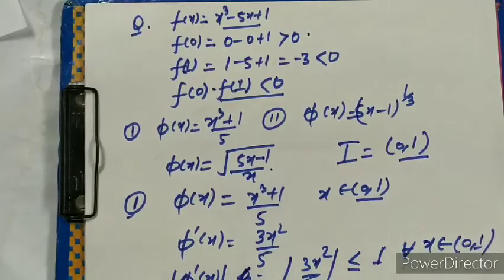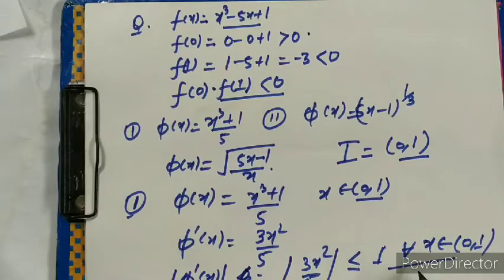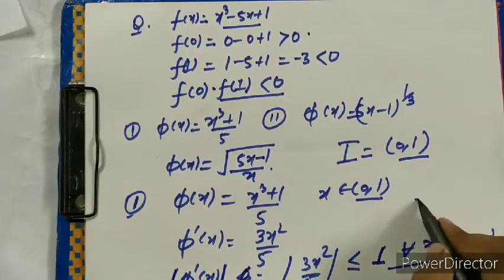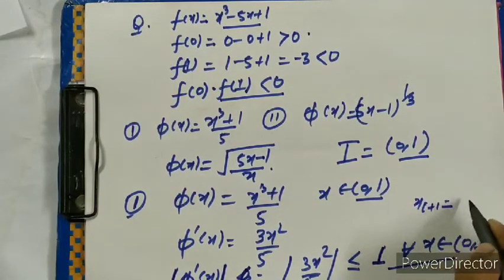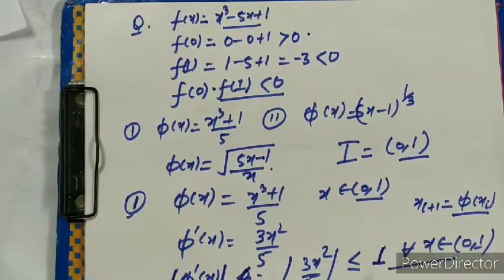It is obvious, you can check. Hence the method is convergent to the root in interval 0 1. So then by the iteration method, what is the condition? If the modulus of the derivative phi dash of x is less than 1, then we can apply the iteration method x i plus 1 is equal to phi of x i, and this will converge.